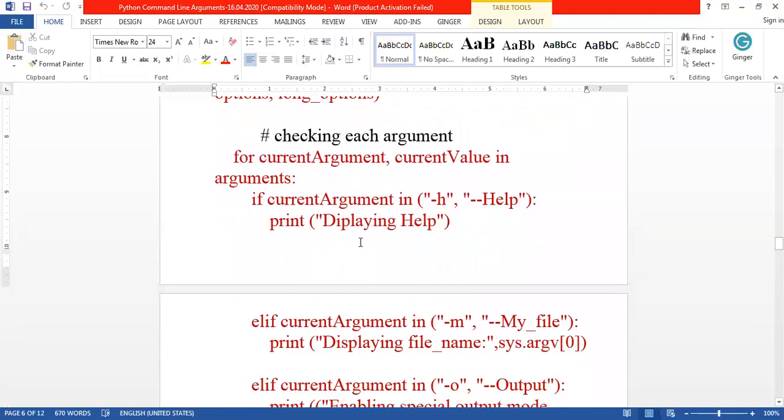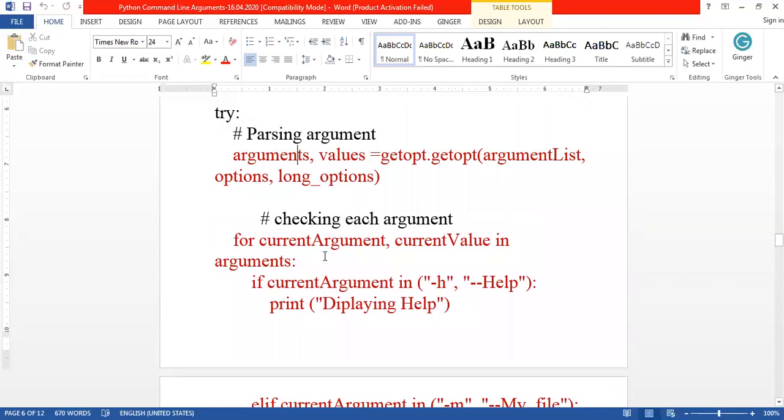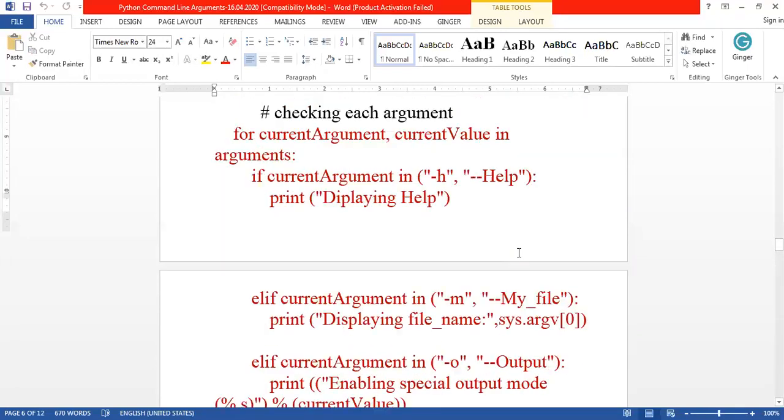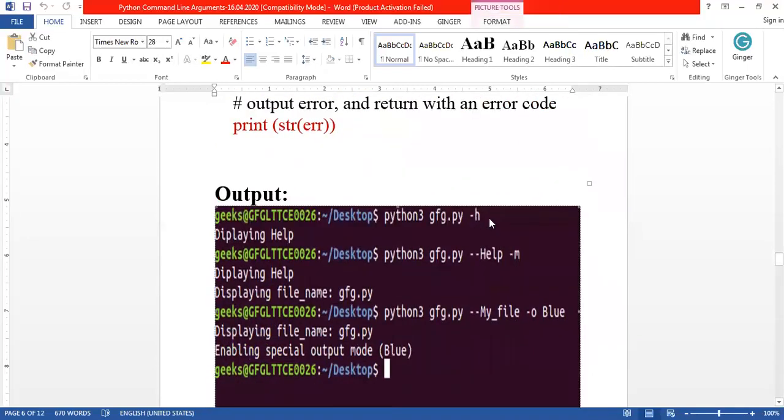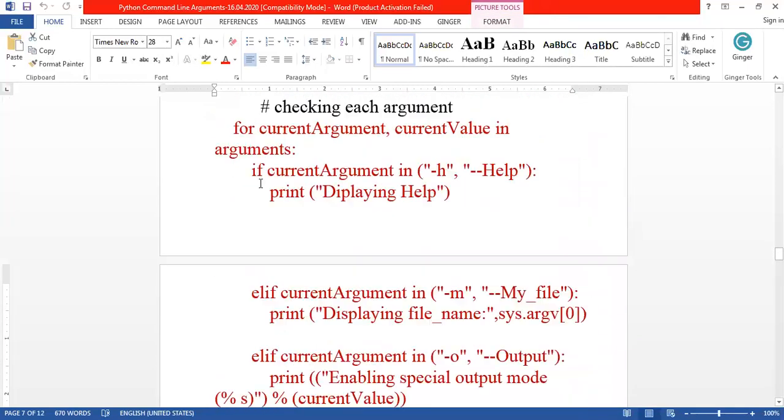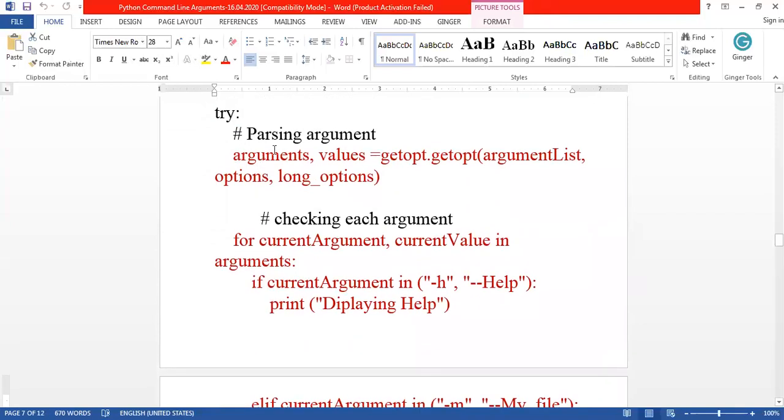Here, this argument will consist of a pair of values: one is the command and the other is the value it takes. This h command doesn't take any value. So what is stored in the argument part? -h, empty.